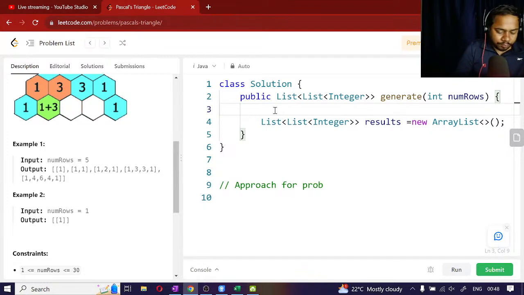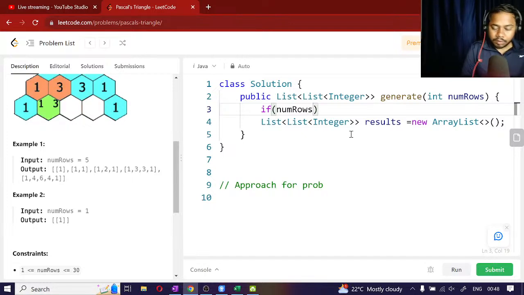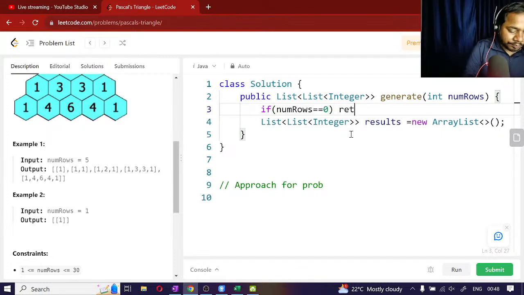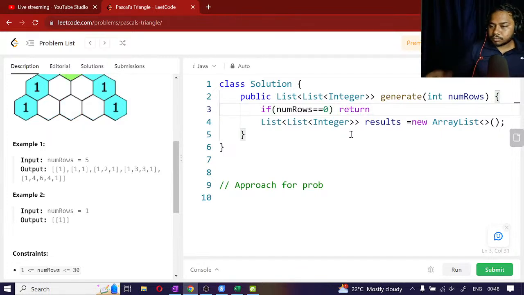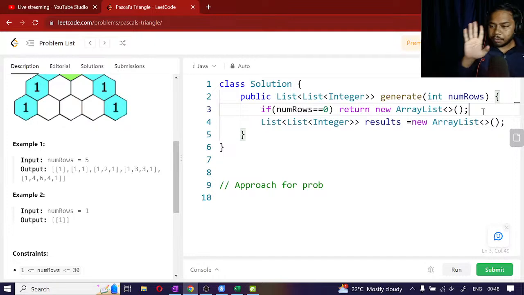Okay, so if num rows is equal to 0, that will return